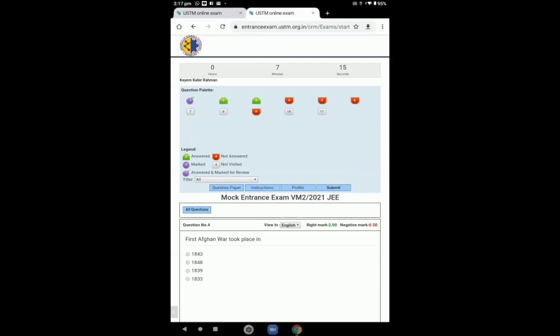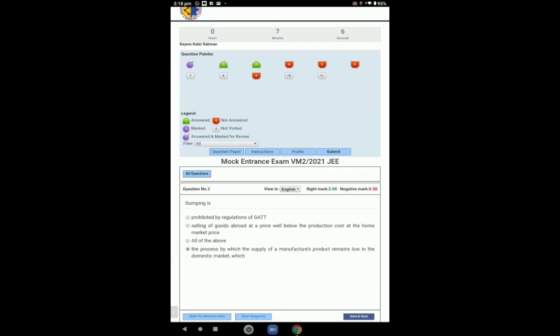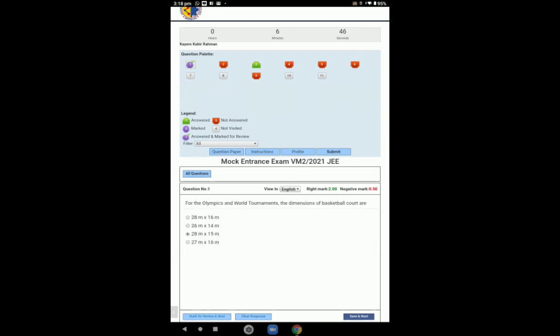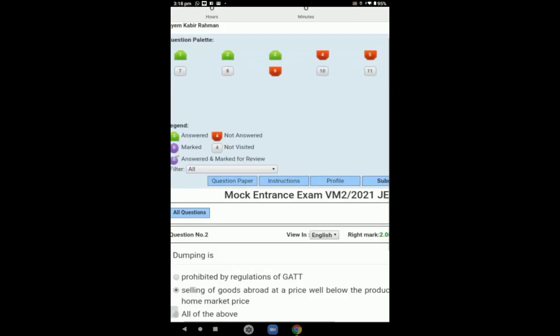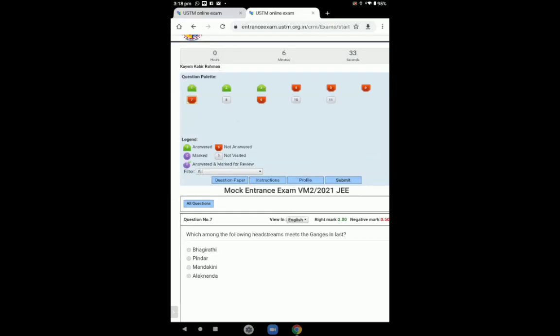You can see, but still it is purple colored because, as we have selected the question number 1 earlier, we have to clear our responses. Now responses are cleared. Now we will select again the option number 2, and then save and next. Now you can see question number 1 is green color. Like this way, we have to select all the questions.